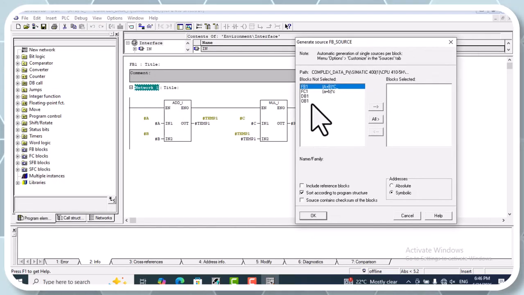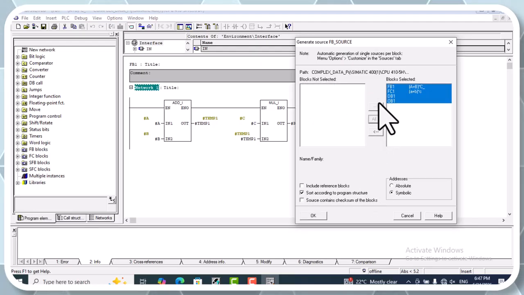And my friends, in this window we need to indicate the block which will be included in our source file. And here we use this one and press this